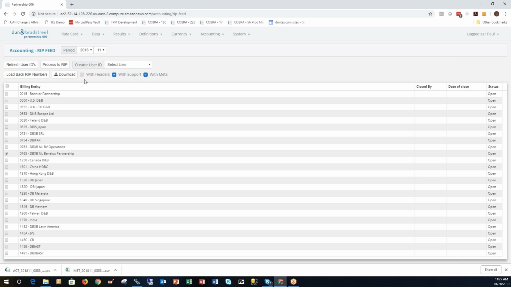First off, if the accountant is just testing things, they're definitely not going to select with meta, because that's just a control file that gets passed to RIP. But they're definitely going to want to include with headers, because if they're going to use the output file, it will have column headers. So I'll show you that download. They also may or may not check the support option to see whether they actually want to see those support files or not. I'll turn that off because I just want to exemplify the headers coming down. So when that comes down,